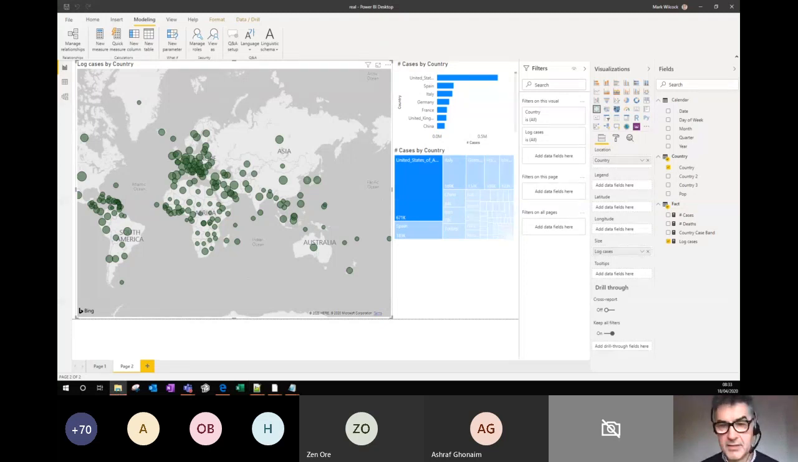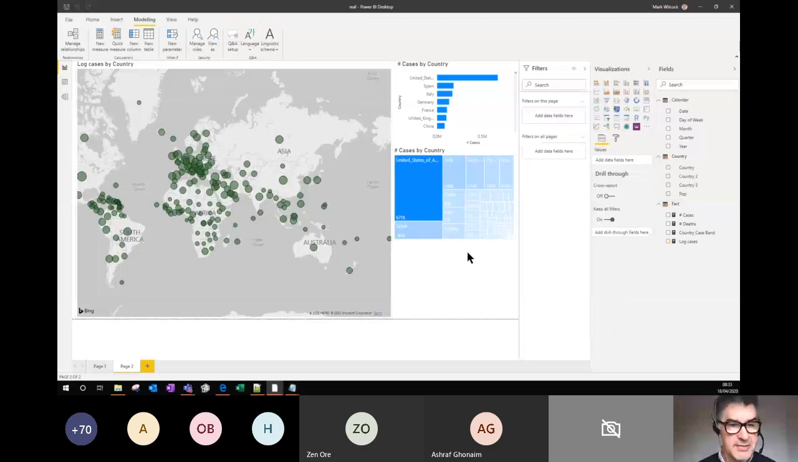Let me just go back. Okay, so what I'm going to do, I'm going to come back to that in a minute when I come back to my shape map, but let me just do that differently. What I'm going to do is write a new measure,